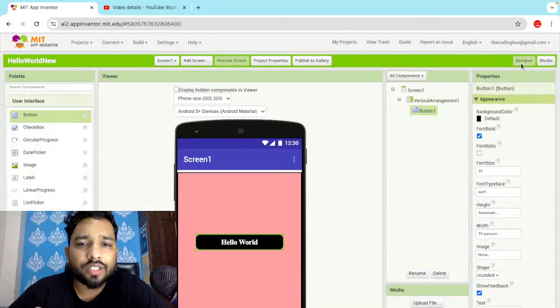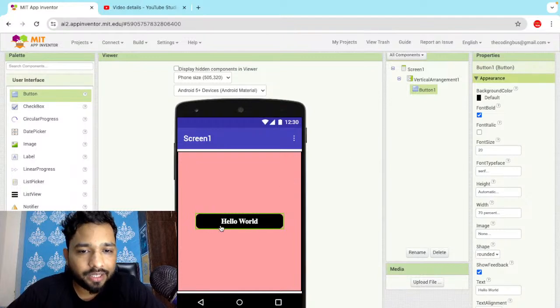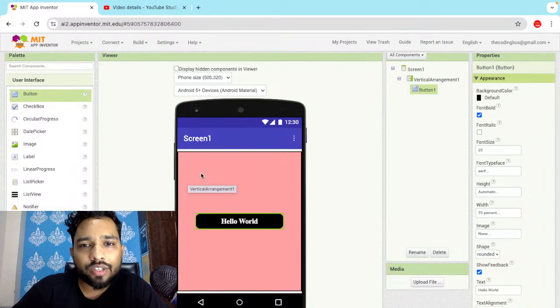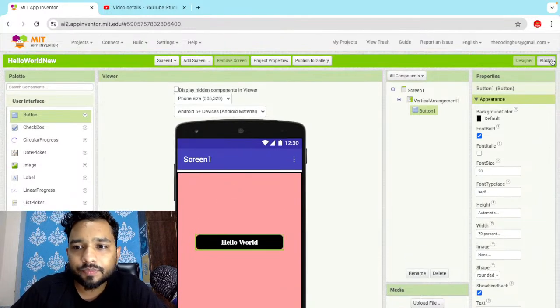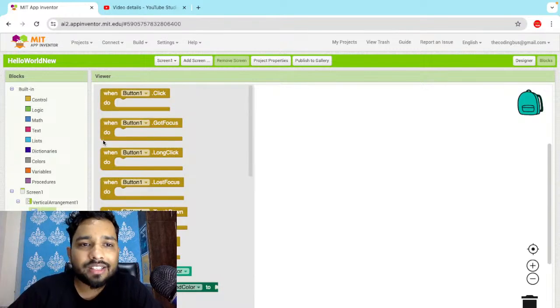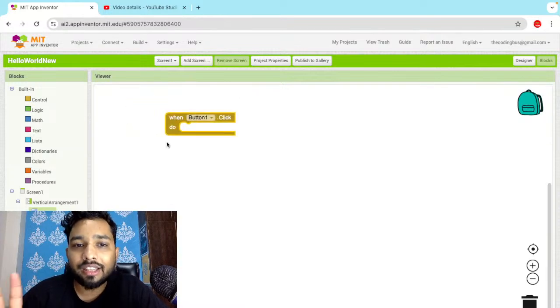So what's our logic? Let's think about the logic. If someone clicks on that button, then we need to change the vertical arrangement color. That's my logic. Now, how can we implement that logic in the block section? It's really easy. So go to the block and click on that button. What we have thought is, when button one dot click, when someone clicks on that button like this, then